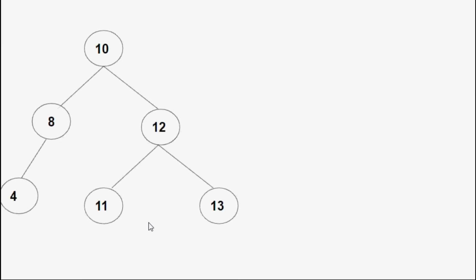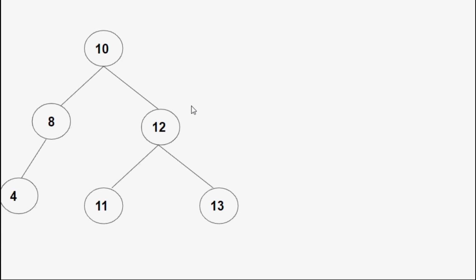I have taken an example. Now, you need to focus on the two words that we have mentioned in the definition of AVL tree. The first word is that it should be a binary search tree. The second is that it should be a balanced tree. For a binary search tree, we have only two factors: every node can have a maximum of 2 children, not more than that. The second is that all the nodes on the left side should be less than the root node, and all the nodes on the right side should be greater than the root node. Let's have a look at that.